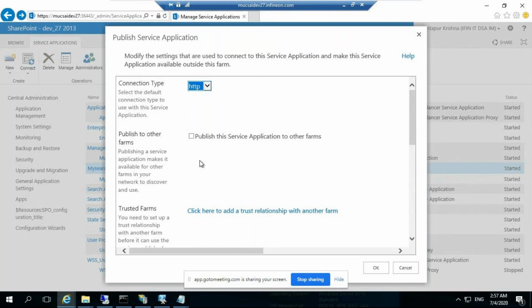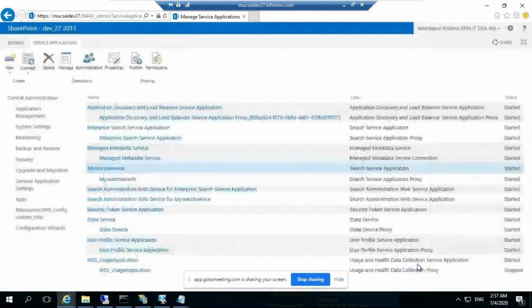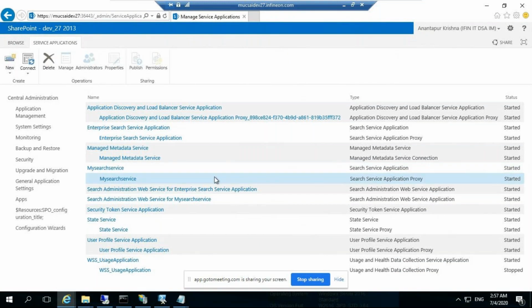Different central admin, they have created a different search service application, and we have to pull the results from that farm. So what we can do is we can establish a proxy to connect to that farm, and then we can maintain the search in a single location. Like we can search the results from the two farms. Okay, so that is the use.